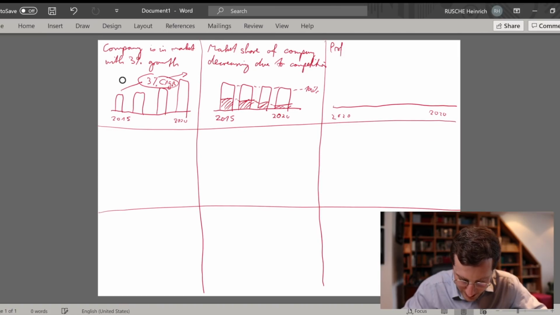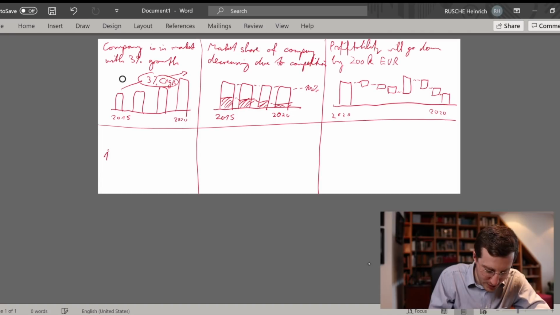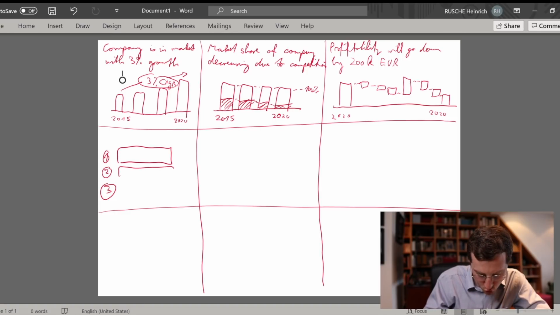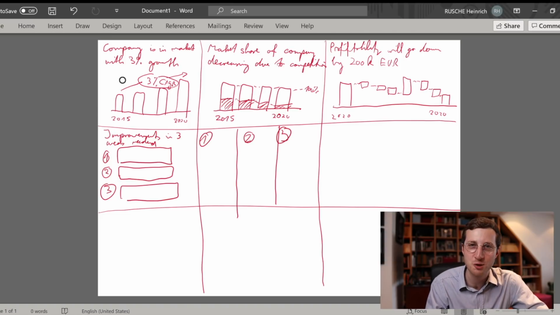Say profitability will go down by 200,000. And then maybe next to propose a couple of measures. So for instance, there could be 3 areas now, right, where you believe that the company needs to improve on in order to survive and to make a shift in this new environment. And then next, maybe there will be some backups for these 3 parts, 1, 2, and 3, explaining exactly how these measures are supposed to look like.